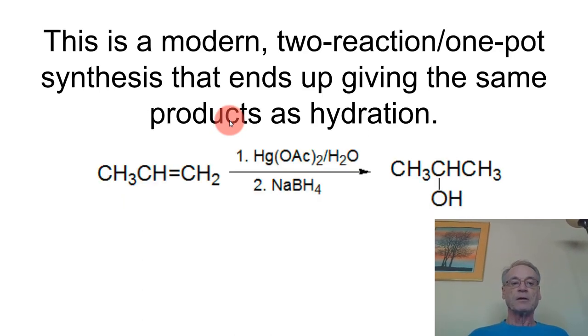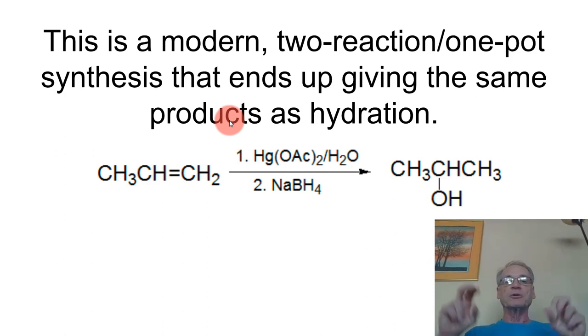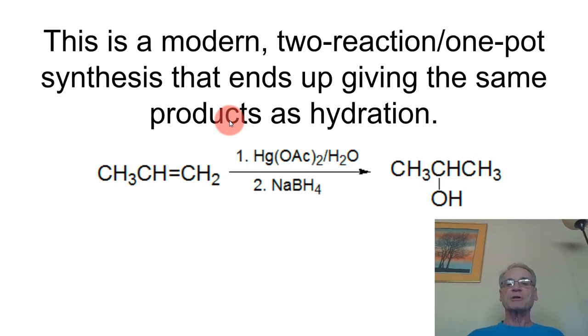Thank you. So, this particular reaction, and I say reaction in quotation marks because it's actually two reactions, is what's referred to as a modern reaction. In other words, it uses fairly complex reagents, usually gives pretty good yields. In some cases they're expensive, in some cases they're dangerous. So this is actually a two-reaction, one-pot synthesis, meaning that you do a particular reaction in a flask, let that reaction happen, whatever products are formed, and then you add another reagent, which then reacts with the product without ever